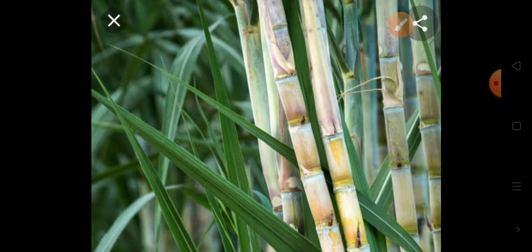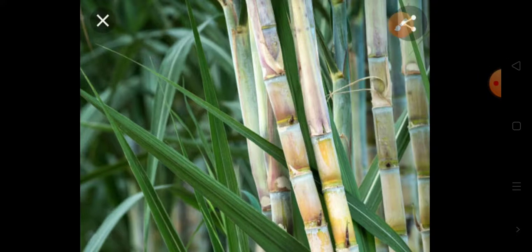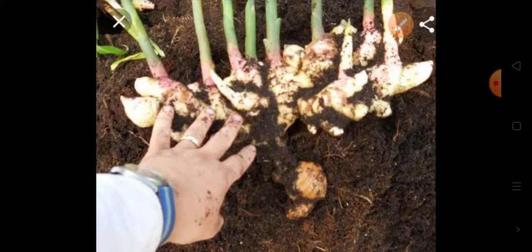And in plants like potato and ginger, the stem grows below the ground. See the image. It is the image of a ginger. And you are watching the stem of a ginger. The stem of the ginger grows underground, below the ground, and it stores extra food in the stem. Okay, ginger plant stores its extra food in the stem.